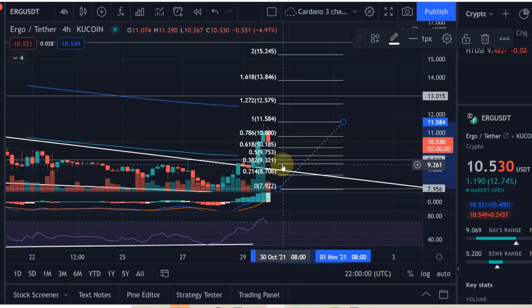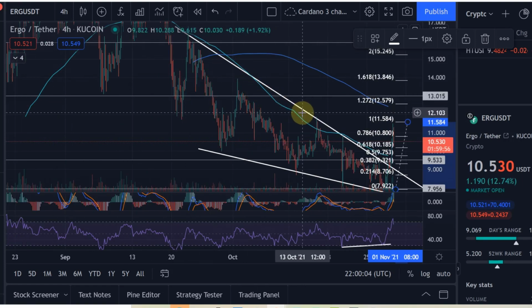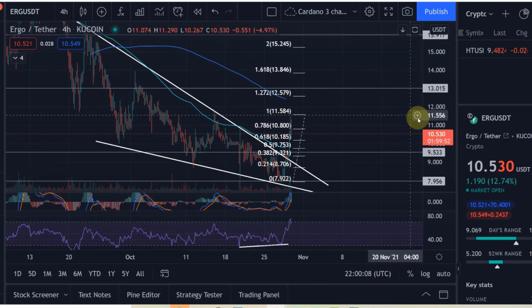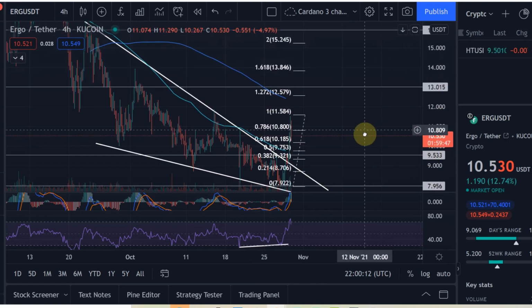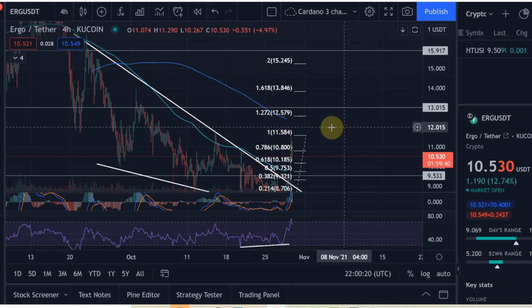Now that 930 level would still be above that descending trend line, above the support level of that descending wedge. As you know, a descending wedge is generally a bullish pattern, and I did highlight that in the video. Now let's take a look at the extension levels. What is coming next? Should we really break above 1150 again, which I believe we do,